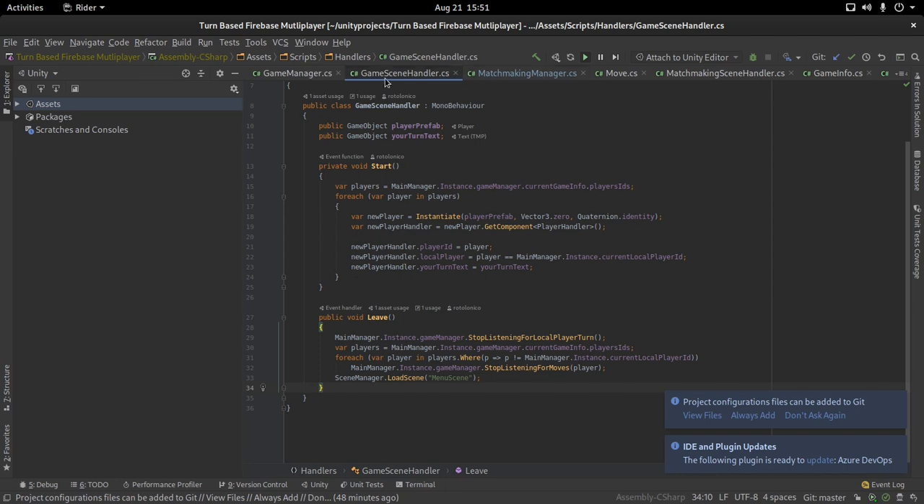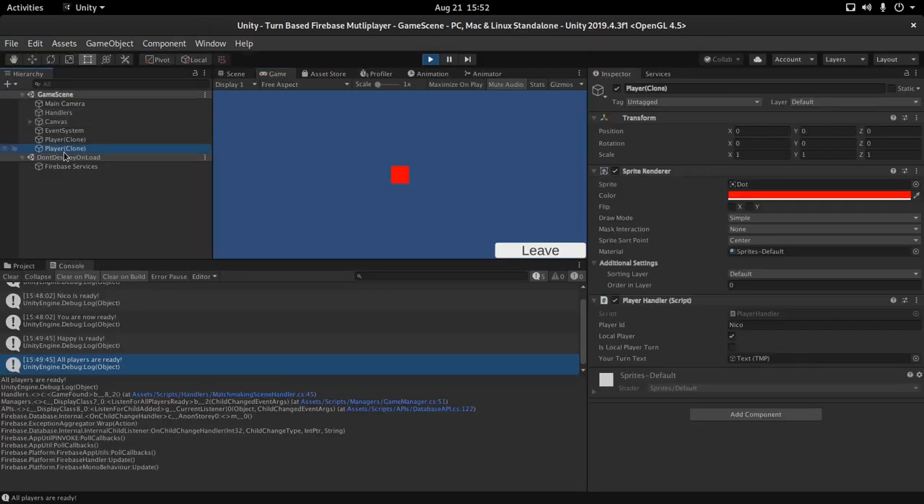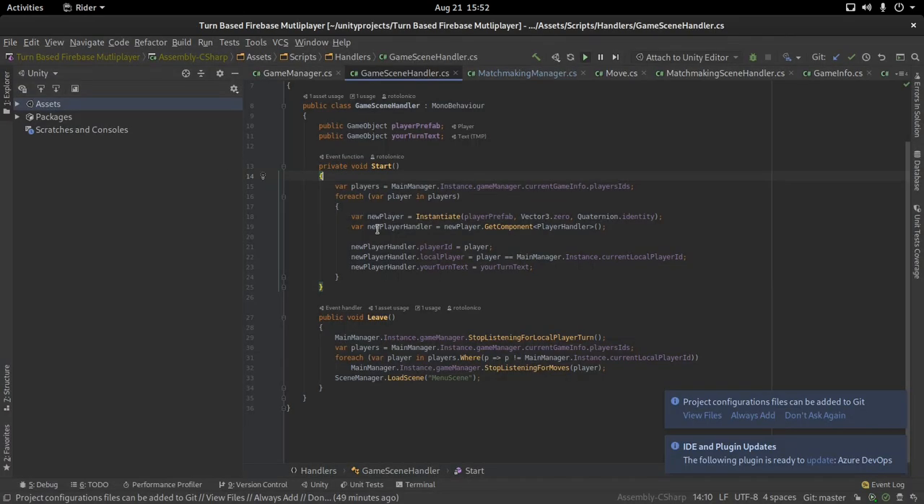But if we actually go into the game scene handler, we can see that we also have some code that executes right on start. So whenever we join the game scene, we need to spawn our 2 users, okay? The blue user, which is the remote one, and the red user, which is us, the local one. I created a prefab for these users, and so I just spawned them in the start function